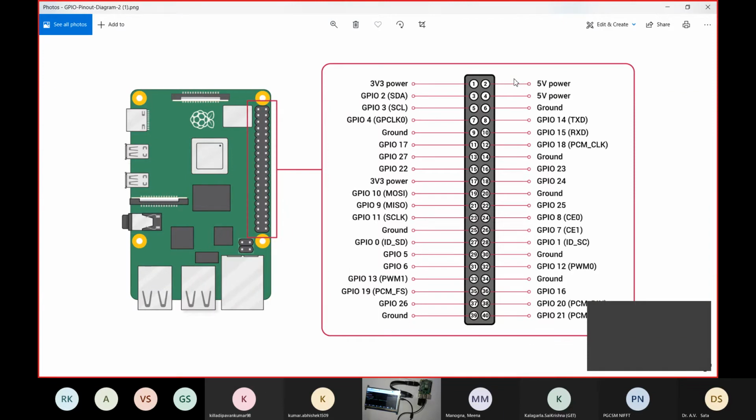Also, pin number 1 has 3.3V power, and 21 is at the bottom. There will be an unnecessary task to define 21 as our pin. I will be using GPIO2, which is shown over there with pin number 3. GPIO2 is the SDA pin of the Raspberry Pi. We will be using that.